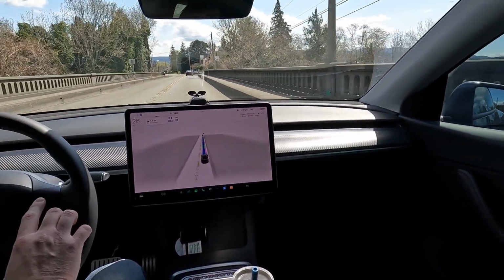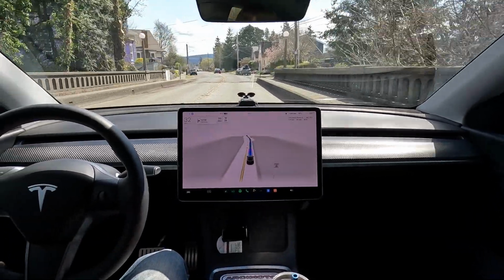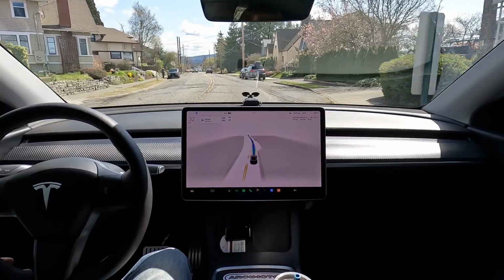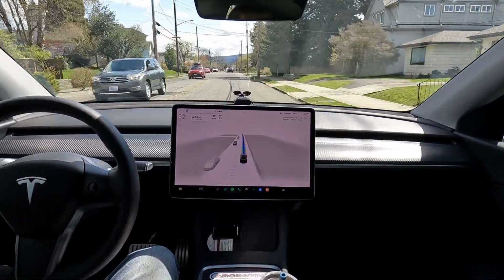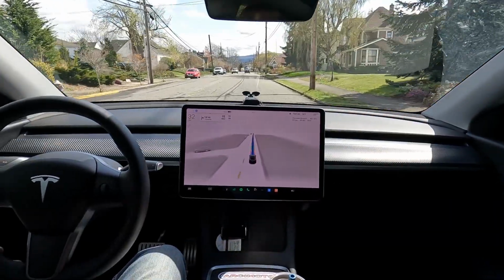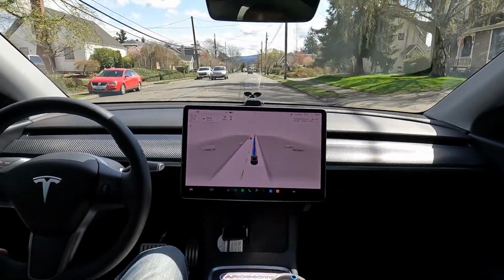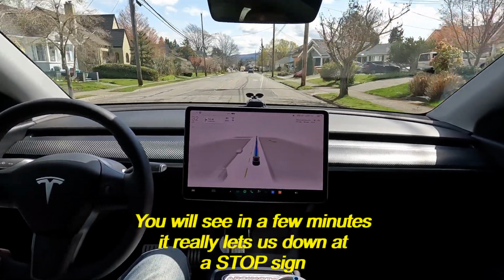And we'll go ahead and goose our speed up just a touch, and like I said, we're going to be going through downtown Bellingham, so we'll see how this goes. Been pretty impressed with this latest version. Much more confident, smooth. It's thinking ahead a little more, seems like it's planning a little more. But at the same time, there are some issues